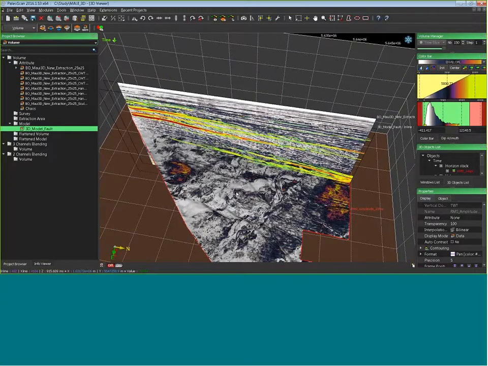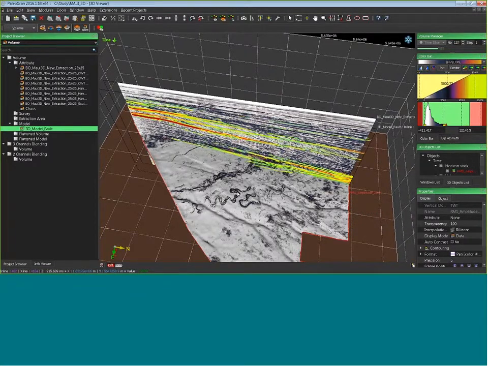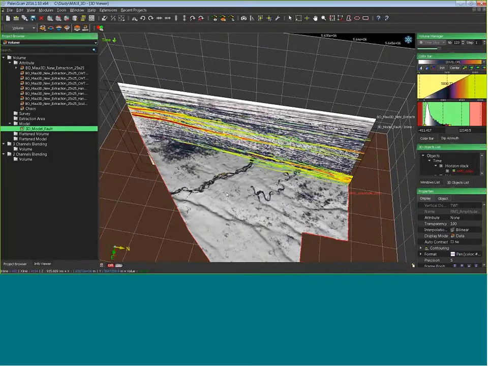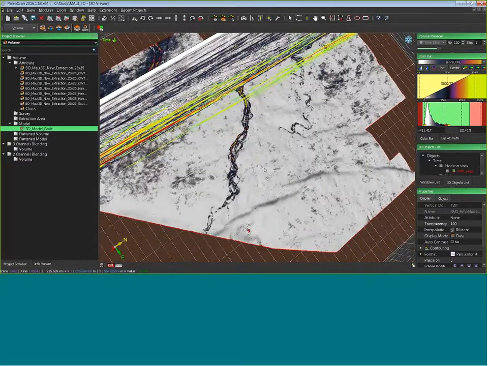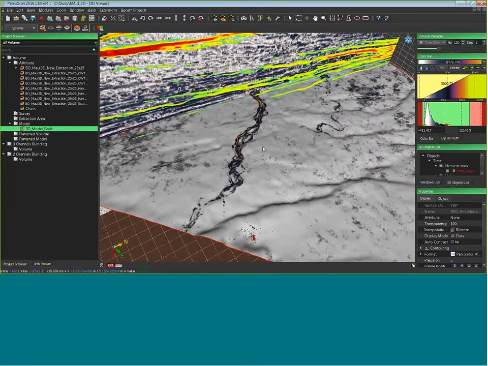If I navigate on this horizon stack, for example, I have a very clear channel just on this part. I can do exactly the same with my horizon stack.